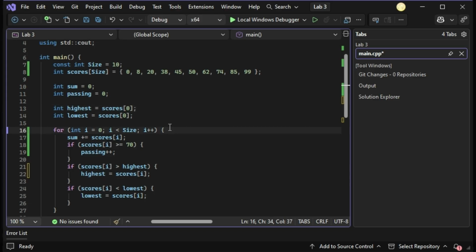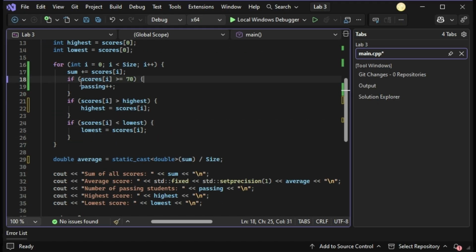In line 16, I used the for loop to repeat the process of reading through the scores array. In line 17, the code calculates the sum of scores within the array. In line 18, I used the if loop within the for loop to determine which numerical score would be considered